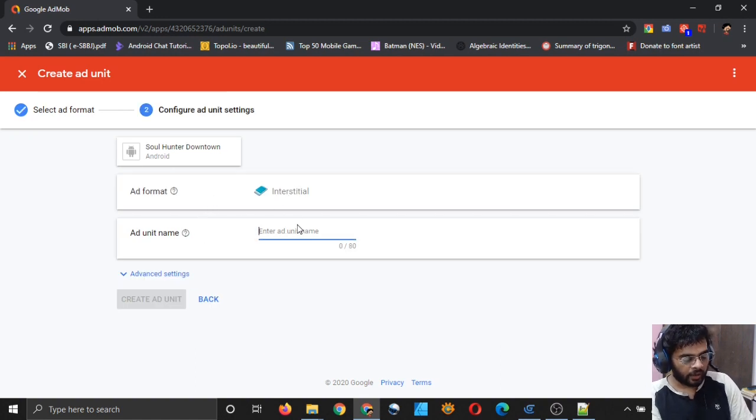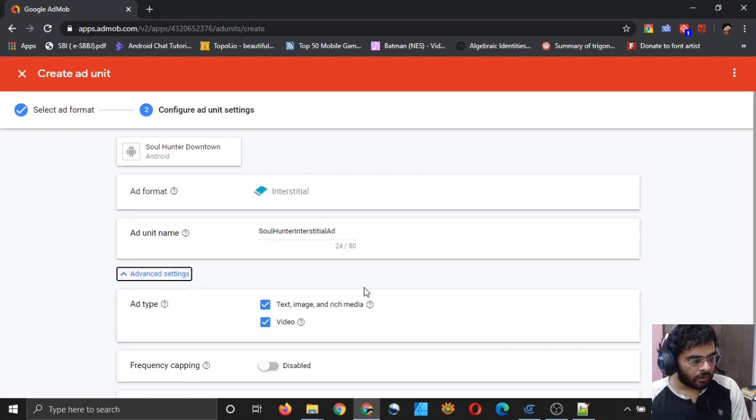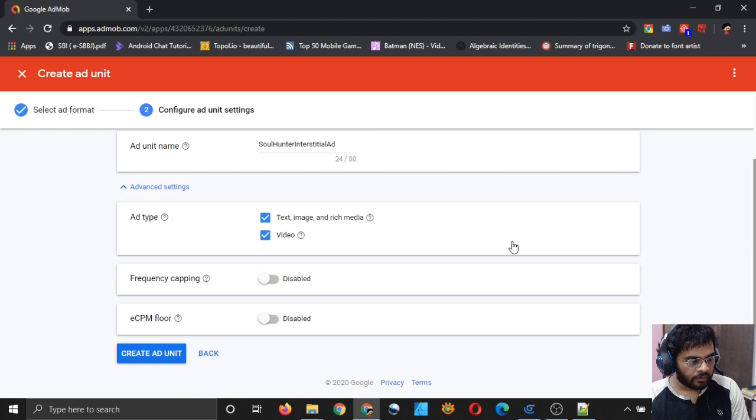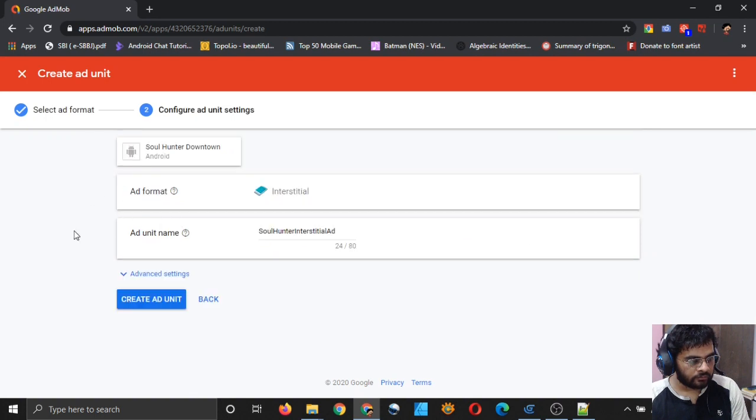I will add an ad unit name, Soul Hunter interstitial ad, and the advanced settings you can leave at the default. Create.